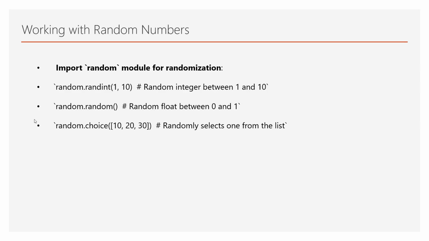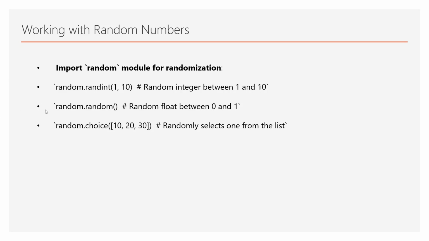Now you're also going to learn working with random numbers. What do you understand by the term random? It means in general any number you pick up without giving any thought. Generating random numbers is crucial in many applications such as gaming and security. The random module allows us to create unpredictability in our programs. See over here a few examples of that.